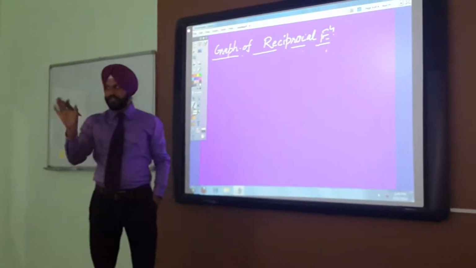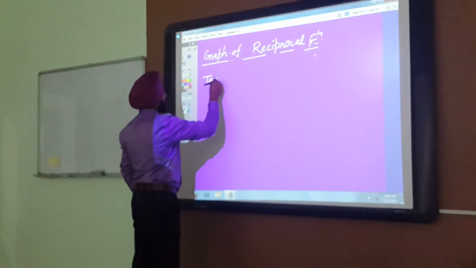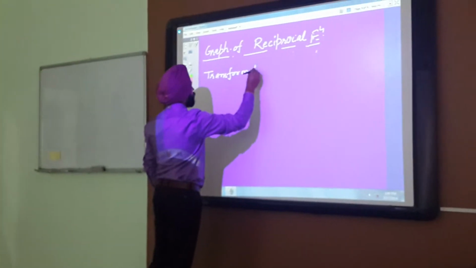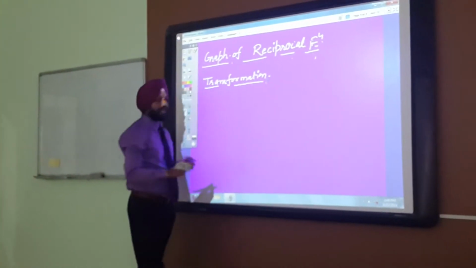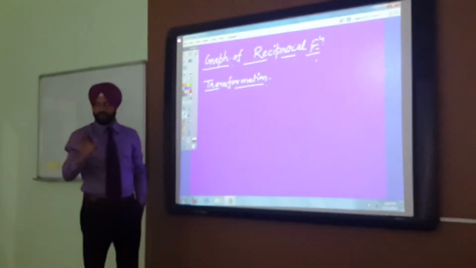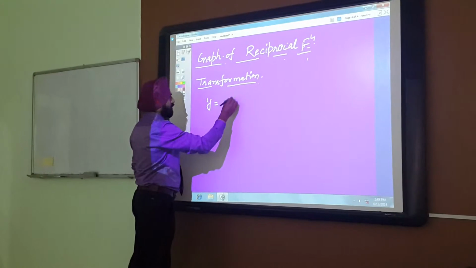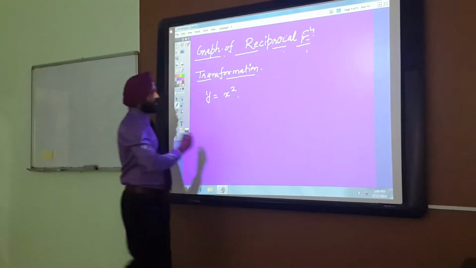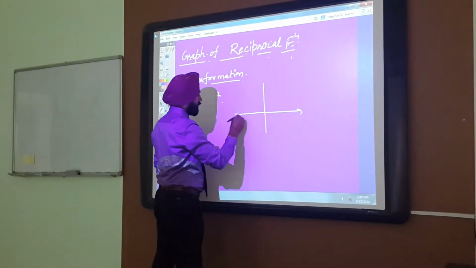Okay, transformation of the curve, our basic topic. Transformation. First of all, try to learn the basic transformation. Okay, let's discuss for the quadratic function y equals x square. We know the curve for y equals x square is